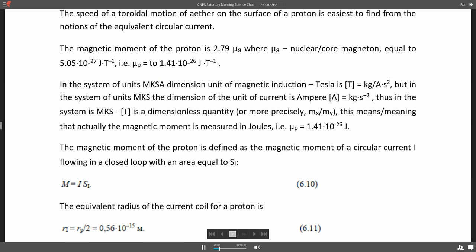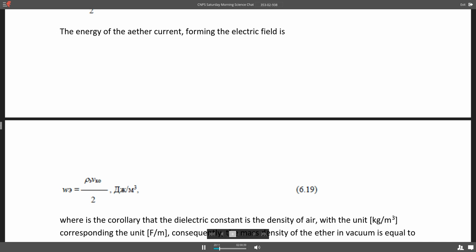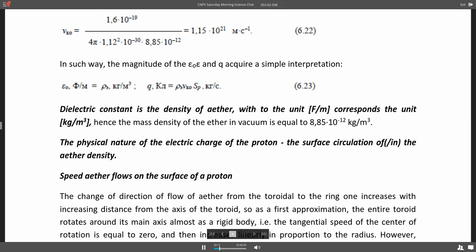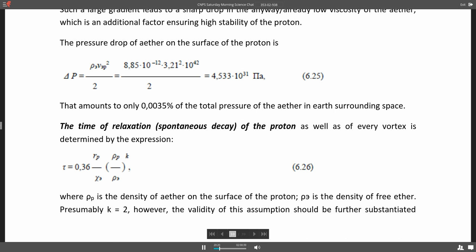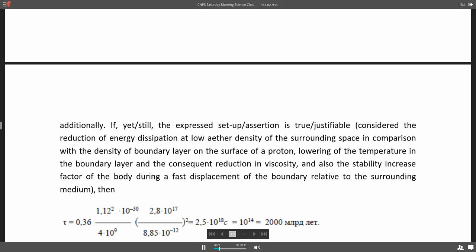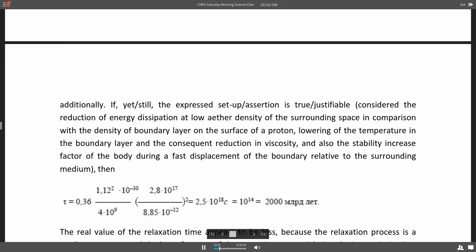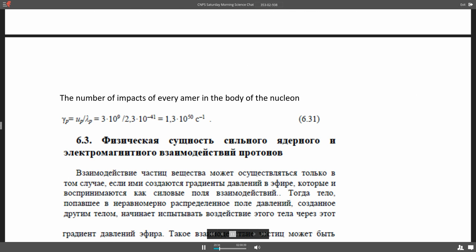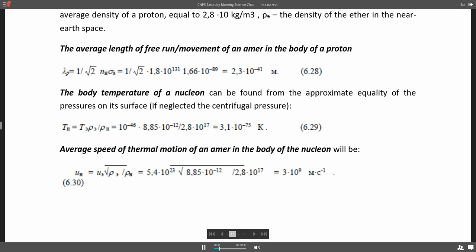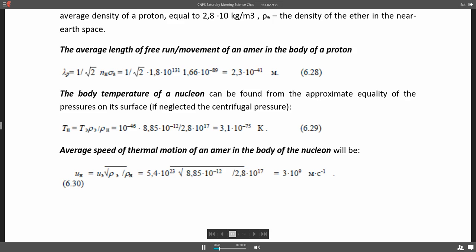So let me see what we do here next. Okay, we have covered that, just explaining what the electric field and the magnetic field of the proton are. Okay, here